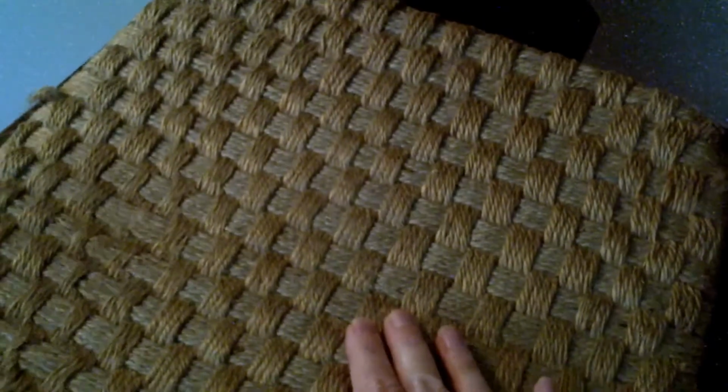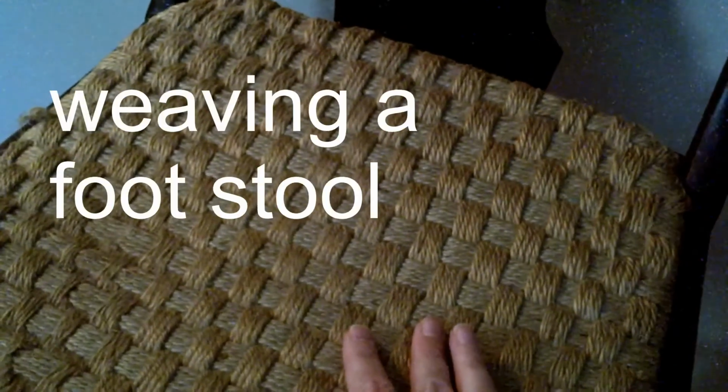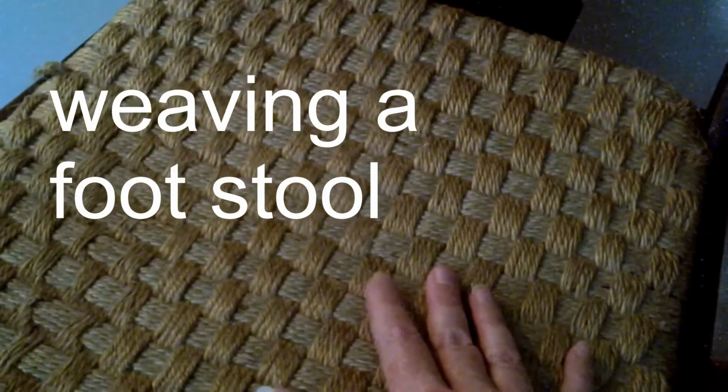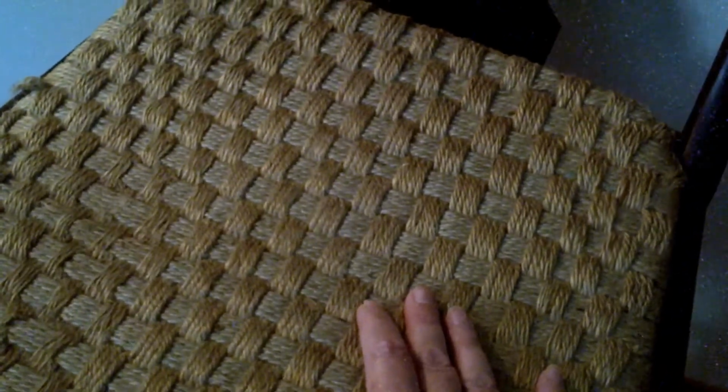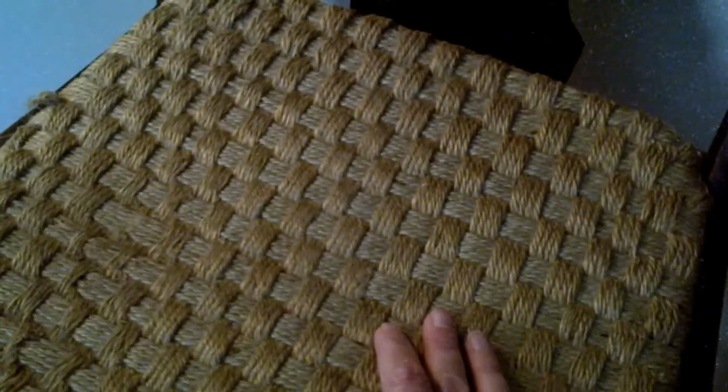And I saw this really neat picture on Pinterest of weaving a chair seat. I'm trying to remember what they were weaving. It was a weaving that somebody had used almost to make a fabric out of jute. And I thought, wouldn't that be a cool chair seat? So I spent weeks